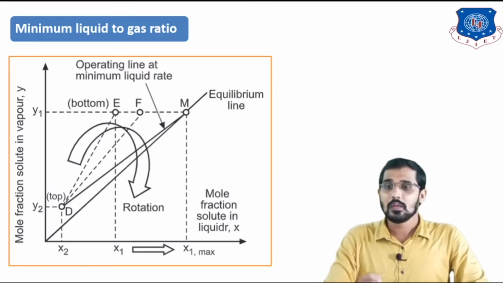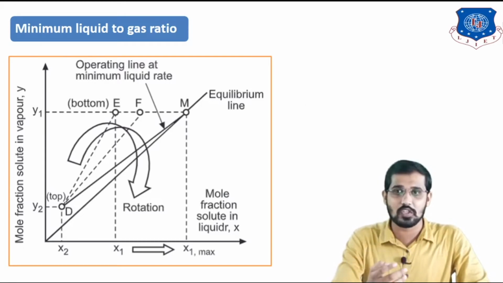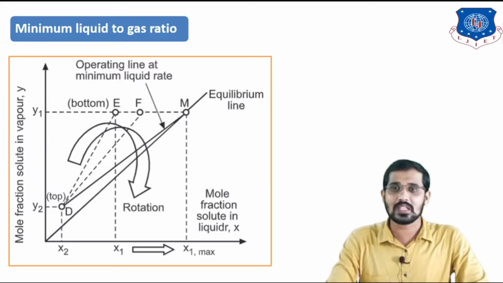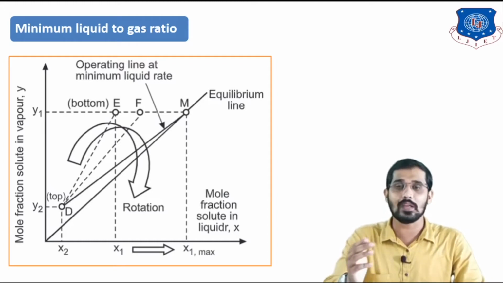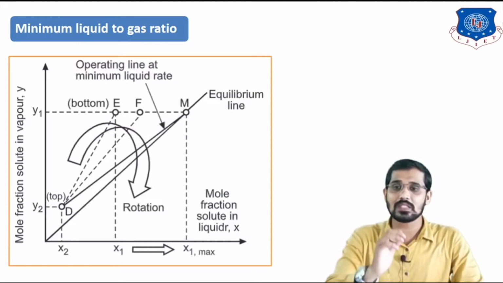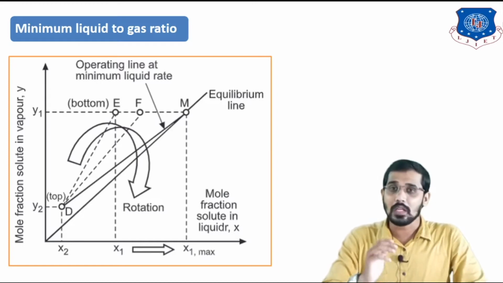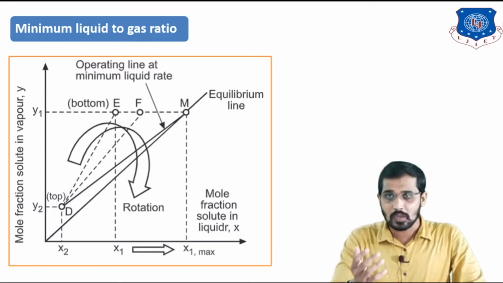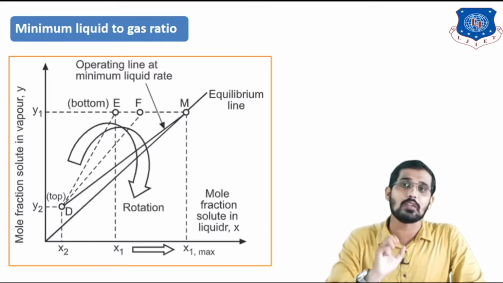You can see in this figure, on the y-axis Y is the composition of the solute component which we want to remove from the gaseous mixture, in the gas phase. On the x-axis, X is the mole fraction of the component in the liquid stream. After that, x2 and y2 are the composition of the component at the top section of the absorption column in the liquid phase and gaseous phase respectively. Then x1 and y1 are the composition of the solute in the liquid stream at the bottom section and in the gaseous stream at the bottom section. Now we will see the effect of the liquid flow rate.